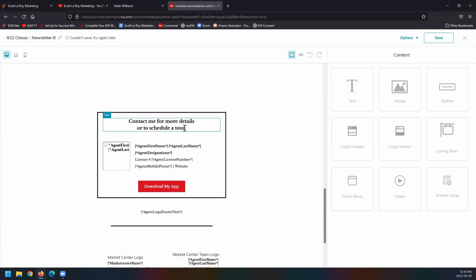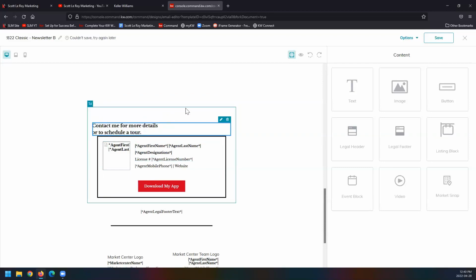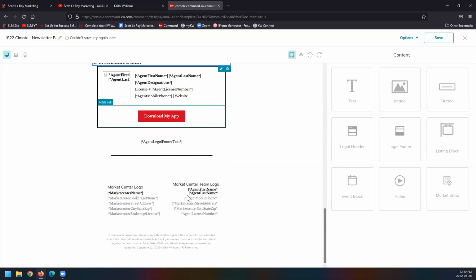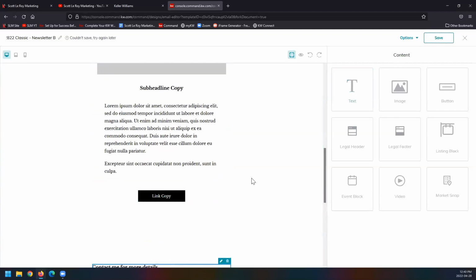Lastly is the contact. So, whoops, you can see I just moved this, so it's not going to look right anymore. So be very careful what you're clicking and moving. Most of this stuff are merge fields. So I'm going to go ahead and save. And then preview